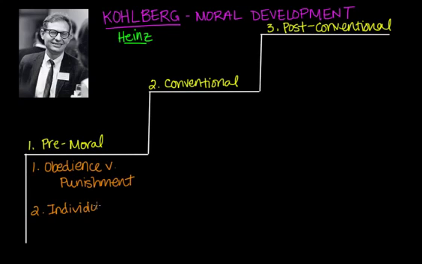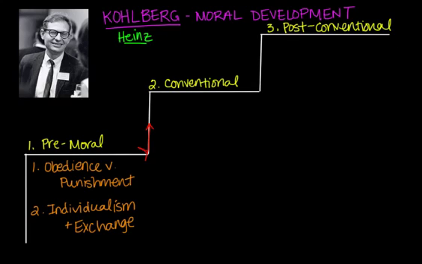So let me write that out. In this stage, basically, children recognize that there is not just one right view that is handed down by the authorities. So they start to understand that different individuals have different viewpoints. After we pass through these two stages, we can move up the ladder this way into the conventional stage.